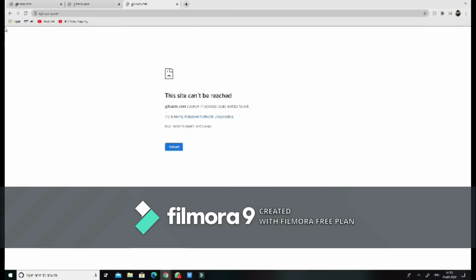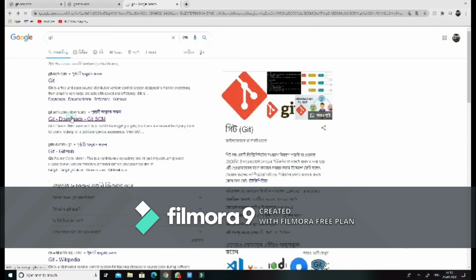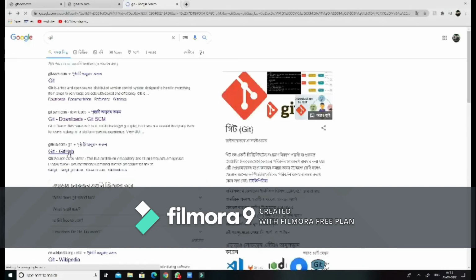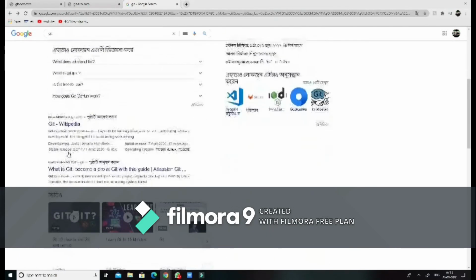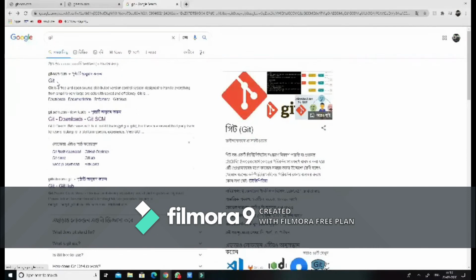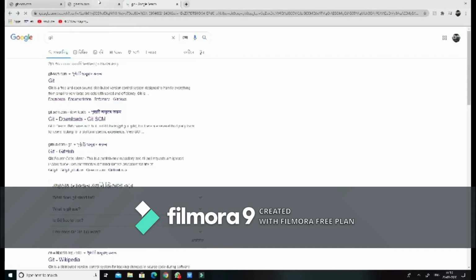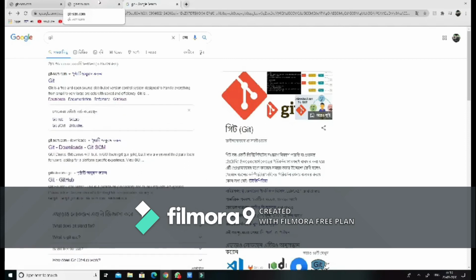There is Git. The Git server cannot be reached. I think there is a server issue on the site. I request all of you to visit the site and simply download Git and run it.